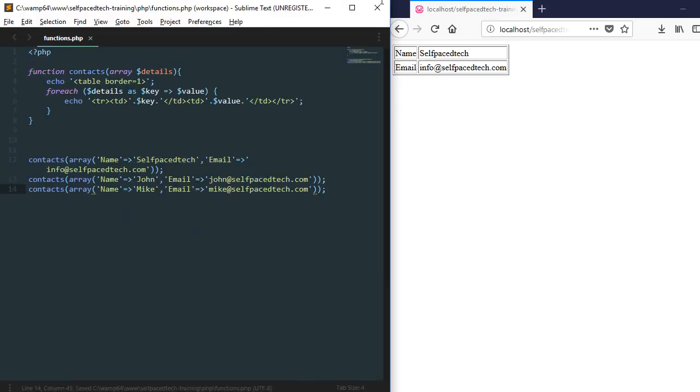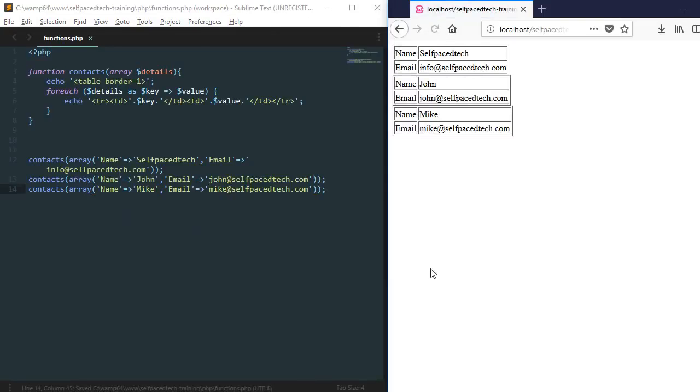I'm saving it and refreshing it. So as many calls as I'm making to the function, that many times the table is getting repeated over there. So this is how I can have a single declaration, a single method